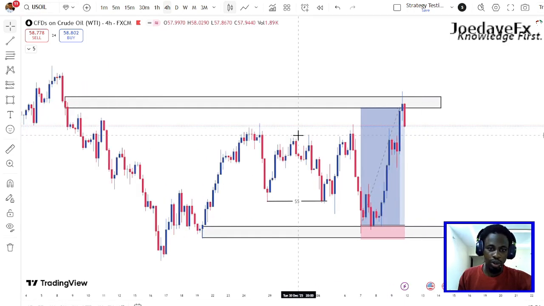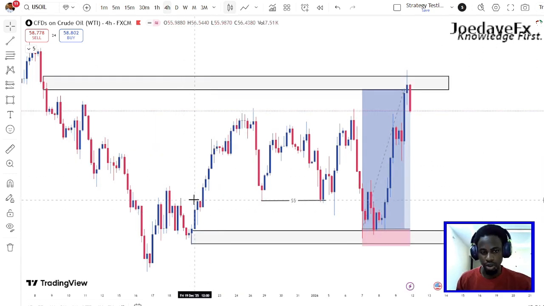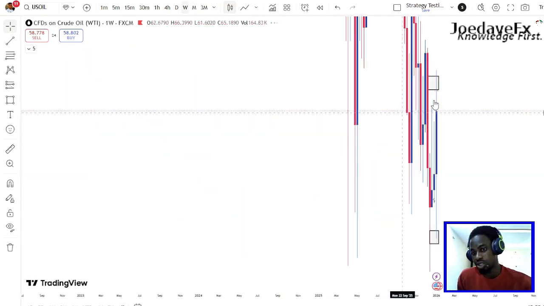See this trade with FX. So I want to share with you how I was able to carry this sweet trade on the US oil. At first, I analyzed this US oil from the higher time frame, the weekly time frame. I was just trying to understand what exactly is happening on the US oil. So let's just go to the time frame so I can explain how I was able to catch that sweet